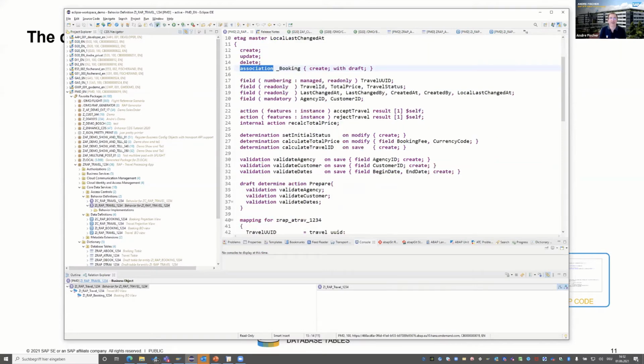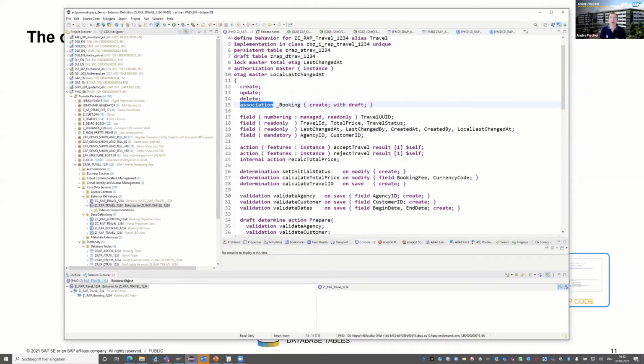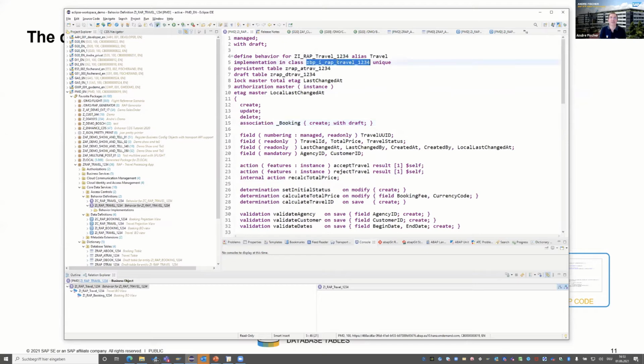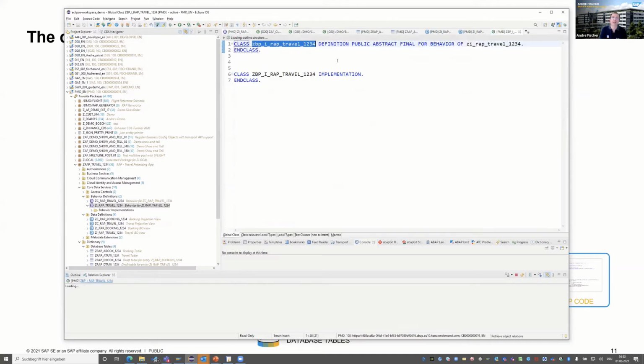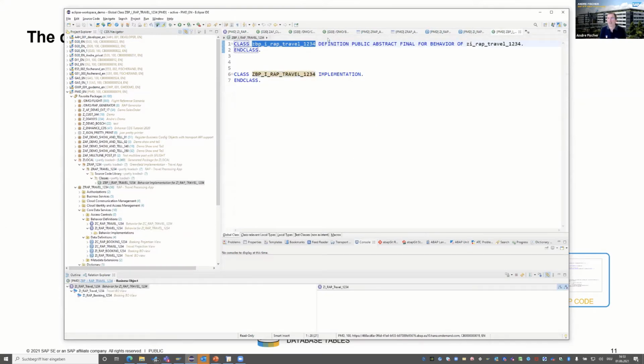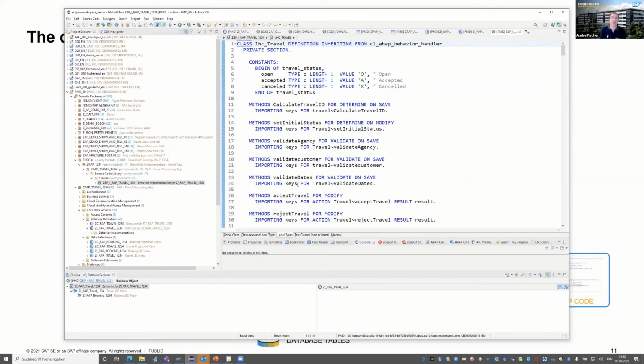And then we have so-called validations and determinations. All of this logic is implemented in the behavior implementation class. If I press F3 again, oh, it's empty. But this is not really empty, because the implementation is done in so-called local types and local classes. Here we have the behavior which is implemented.